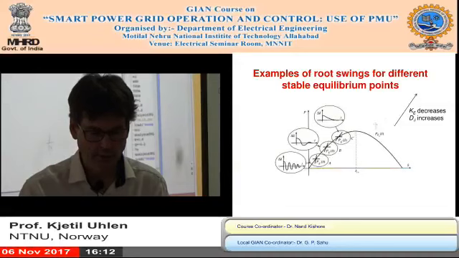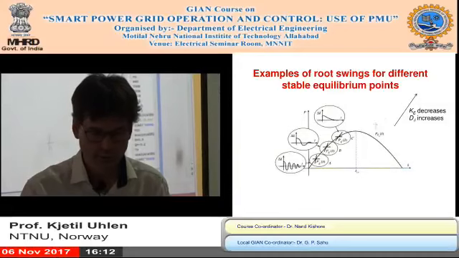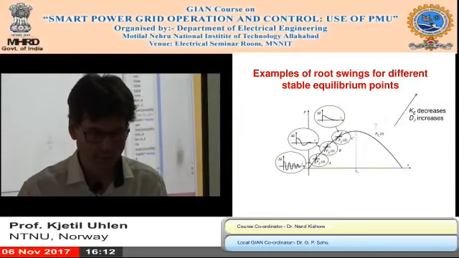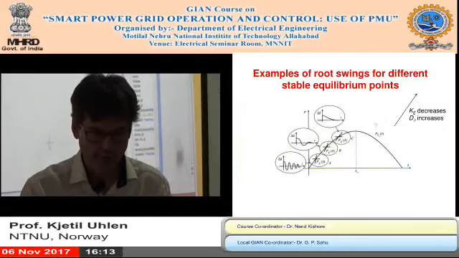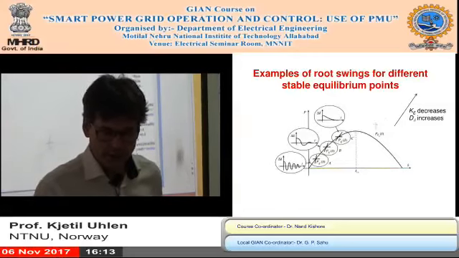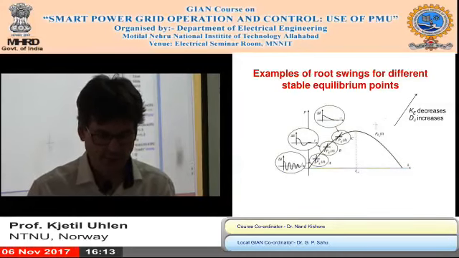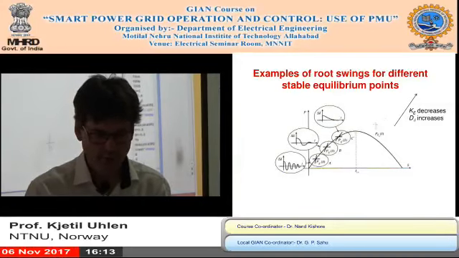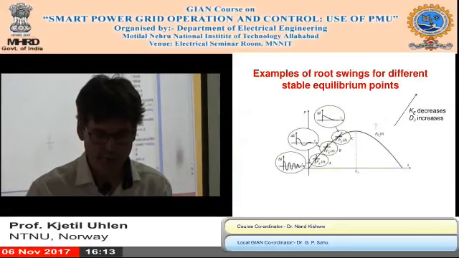And infinite bus voltage is 1.0. And then try to run. The other parameters are, for example, my inertia constant is 3.1 seconds. And when I run this,